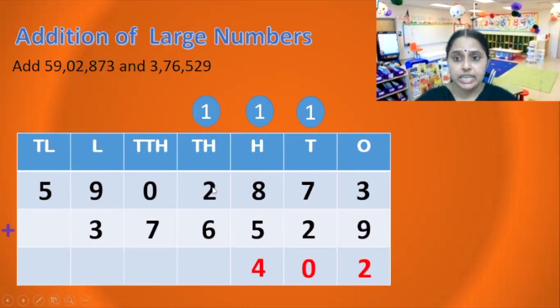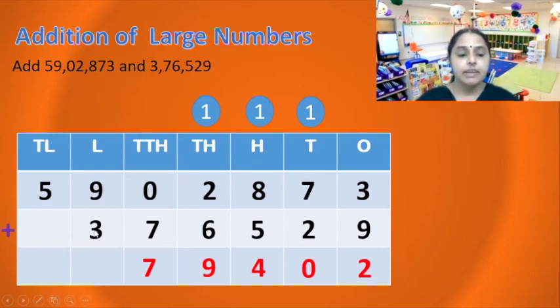1 plus 2 is 3 and 3 plus 6 is 9. Yes, 9. Is there anything to carry forward? No, 9 is a single digit number. So you can write it directly. Is that clear? Now 0 plus 7. Any number which is added to 0, we get the answer as the same number. So what is the answer? 7 plus 0. Come on, tell me. 7. Very good. So we will get it as 7.